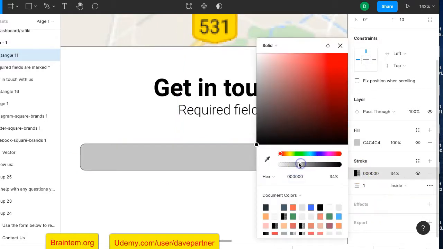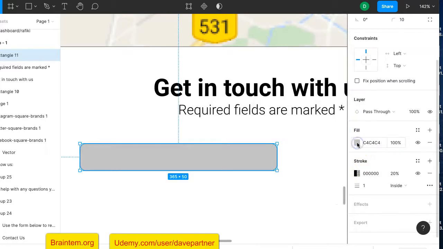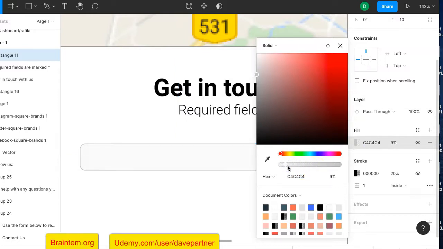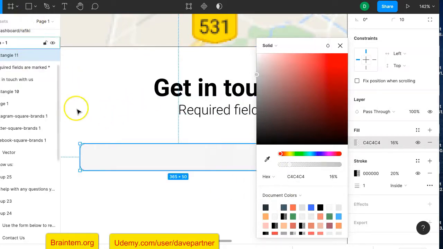Stroke is the same thing. Here the fill color should be white, or at least almost white. Yeah, the fill color should be this. Then we can,